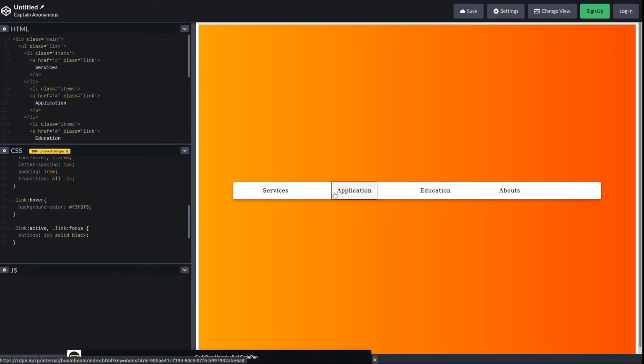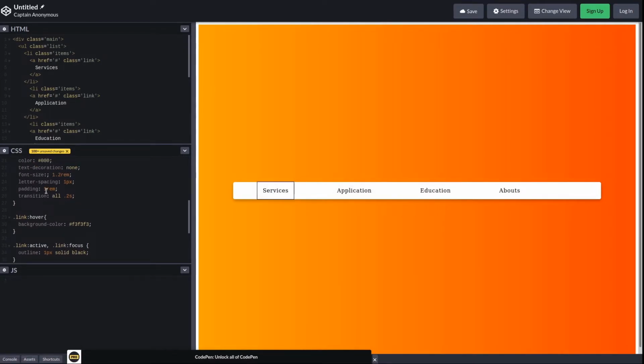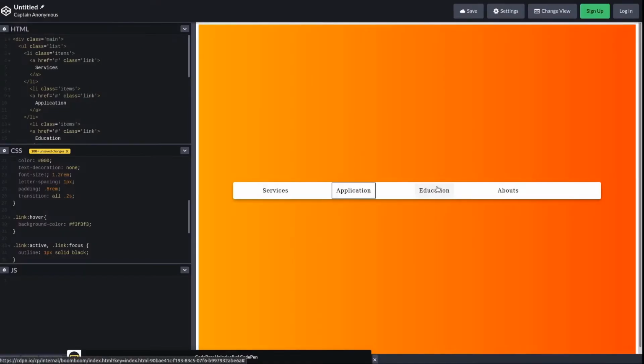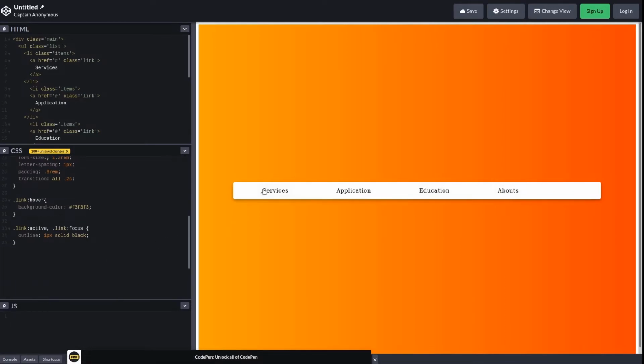Okay, it's going out. For this, I just decrease padding. Okay, now it's good, I think. I also want to style this outline to dotted. Outline style set to dotted. Okay guys, it now looks good.